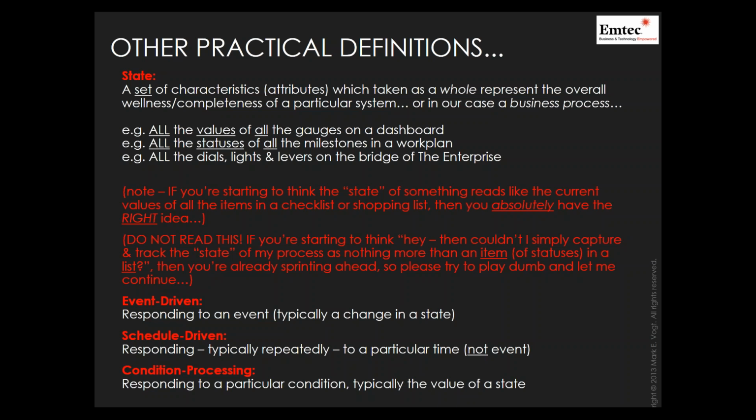Let's look at a couple other practical definitions to understand what is meant by the state of a given process. It's usually not one variable. The overall state of one instance of a business process might be one master state. It's started, it's in progress, it's pending, and it's either completed and it's succeeded, or completed and it's failed. At the highest possible level, that might be the master state, but there may be individual substates somewhere along the line, that approval number one, approval number two, decision number one, decision number two are all happening.